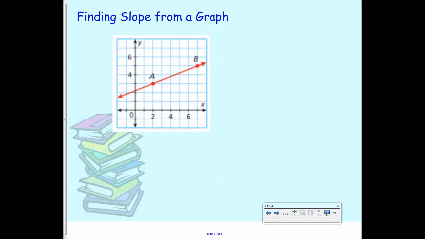All right, so how many up would we go? 2. So our slope would be 2 on top. And then over is 1, 2, 3, 4, 5. So our slope here is 2 over 5. All right? If we went from B to A, we would count which way, up or down? Which means that the 2 is actually going to be, the rise is 2, but is it positive 2 or it's negative 2? And then the run would be,